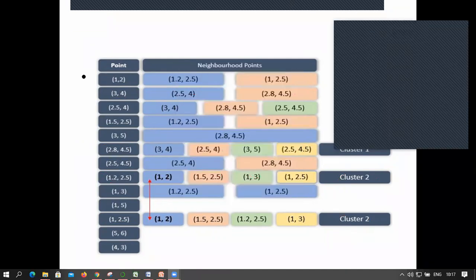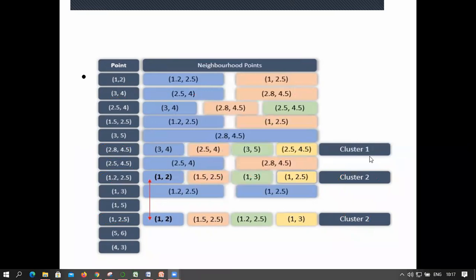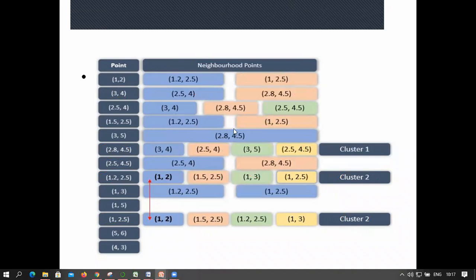Okay, fine. So this is being assigned to cluster 1 and these 2 are being assigned to cluster 2. Now here you can see,